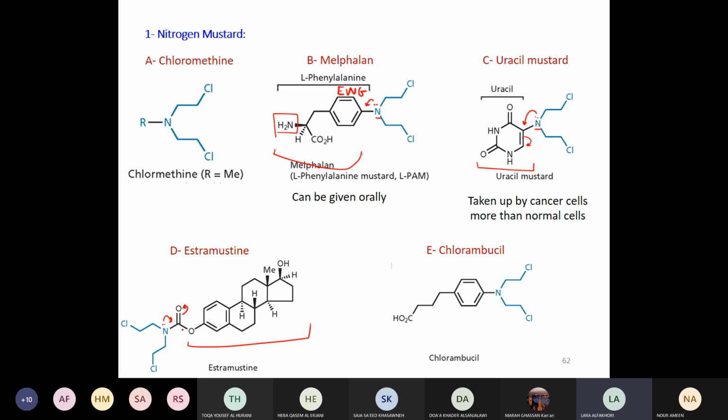Here you have an oxygen. So the withdrawal of electrons from this nitrogen via this carbonyl is very, very high, inductively and via resonance. So the electron density on this nitrogen is very, very low. In its current form, there is no attack on this carbon, and the aziridinium ion does not form. This is actually how they've designed it.